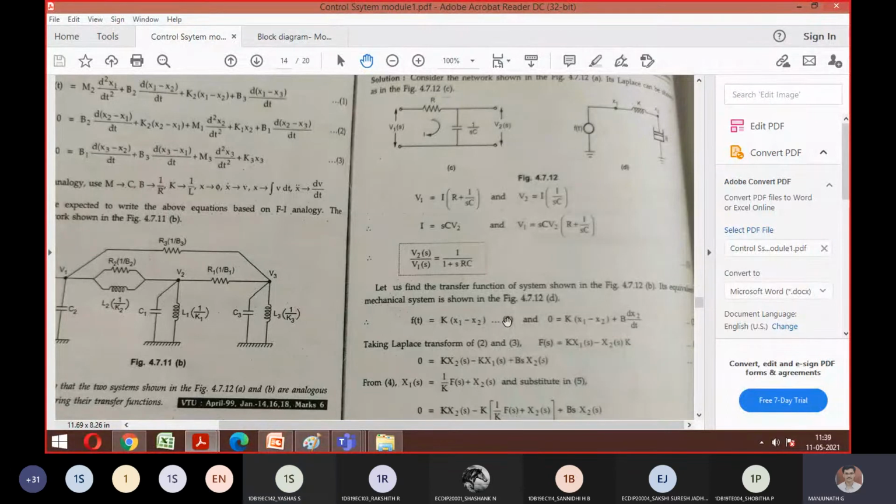Once you know the meaning of this, it comes with respect to your Laplace. So I need to apply Laplace for this f of t as well as this equation. You can look at here, this part is your first part. For equation number 2 and 3, they're applying Laplace. So f of t becomes f of s, k remains k only, and capital X1 of s minus x2 of s into k, because k is common for both. Similarly, they wrote for the second equilibrium equation also. Is it okay till here?